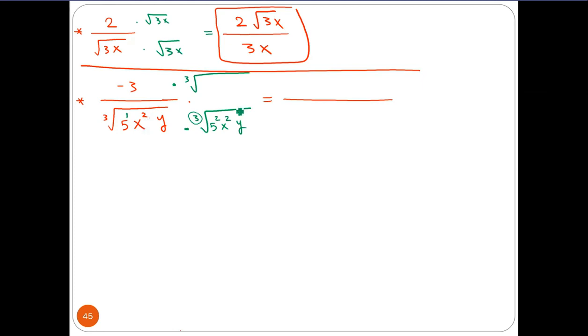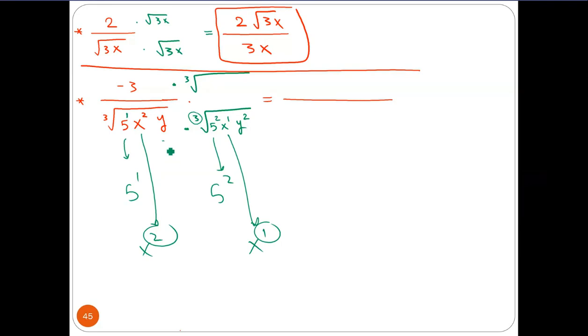إذا x سكوير شو لازم تكون؟ ال x to the power 1 وال y to the power 2. ليه؟ لأنه أنا عندي كان هنا 5 to the power 1، هنا شو لازم تكون 5 to the power 2 عشان يكون مجموع الإكسبوننت 3. أنا كان عندي هنا الإكس سكوير، هنا لازم تكون x to the power 1، الباور لو نجمعهم 3. الواي to the power 1 وهنا لازم تكون to the power 2. The summation of exponent to the power 3. أوكي واضح الفكرة؟